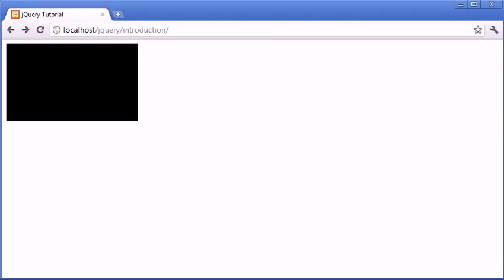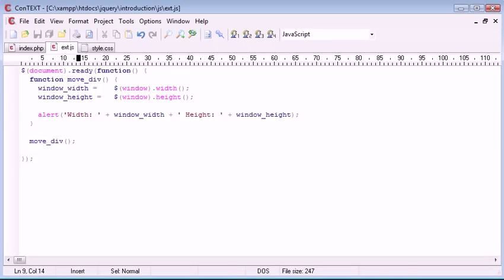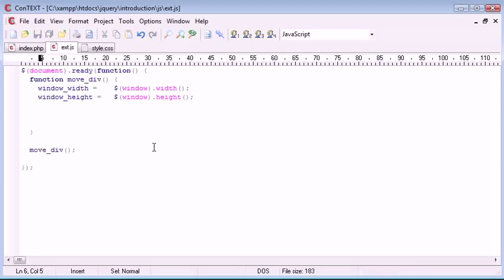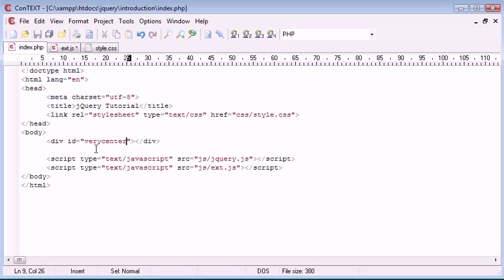Okay, so now what we want to do is, we don't want to just call that function yet. In fact we do, because we're going to do some more testing. We want to grab the width and the height of the object. So I'm going to call this objWidth, and that's going to equal, remember we called our div very center,